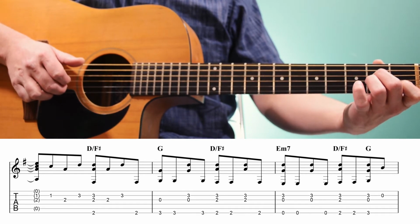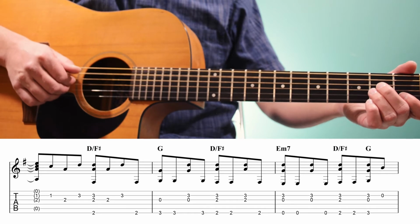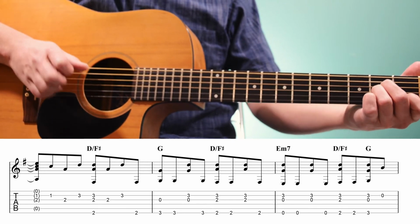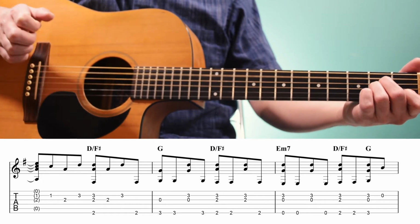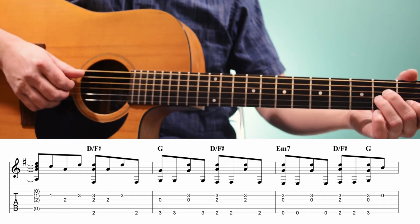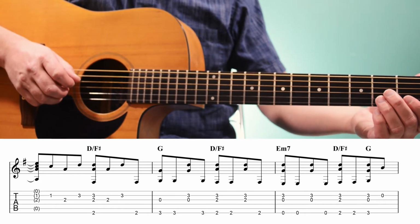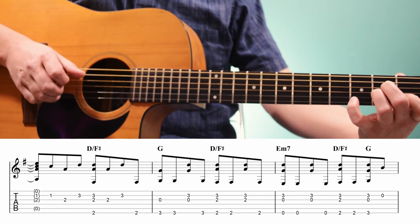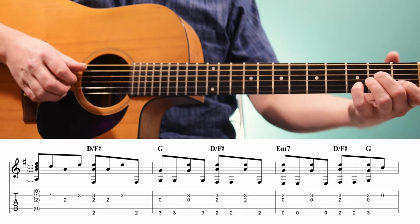Then we're holding our A minor chord, open fifth string, second fret to the fourth, third string, first fret of the second string, open first string. Then we're going to play these strings. We play second string, third string, then we're going to use our pinky to get the third fret of the second string. So we have